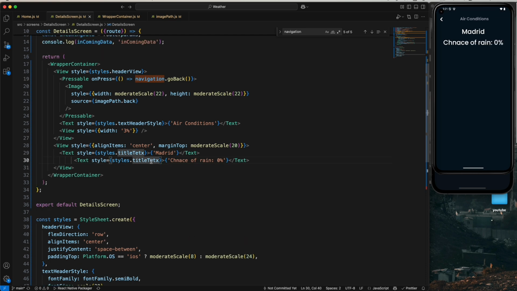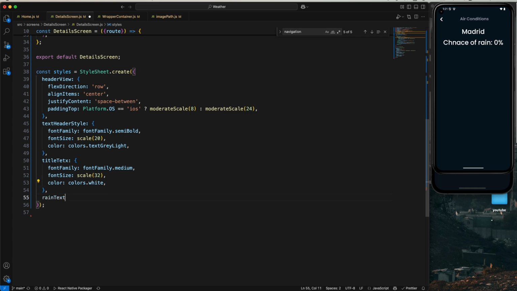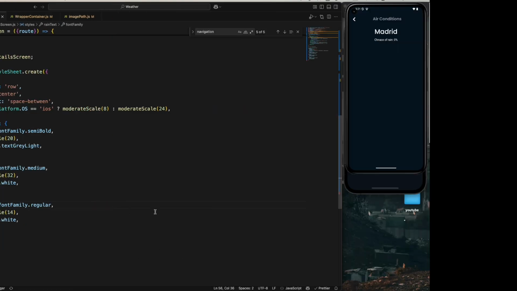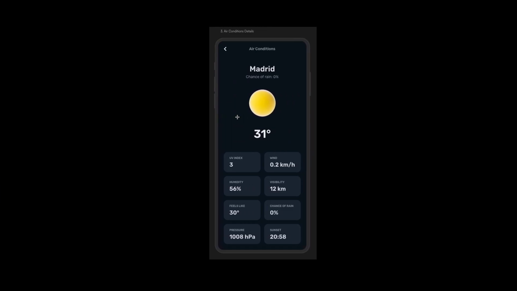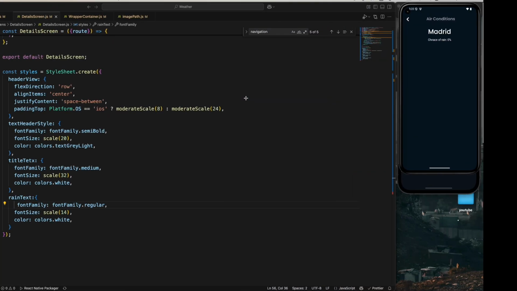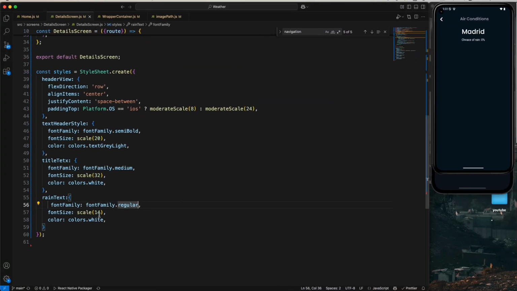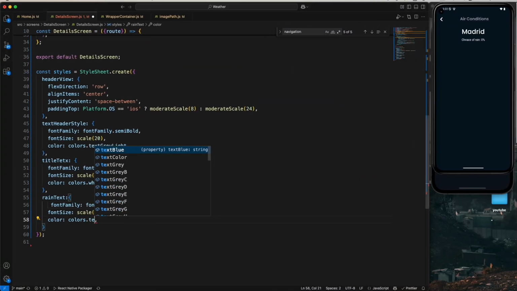Let me change the styling for this rain text also, copy, and just copy this also, and we need 16, and I need the regular, and text,